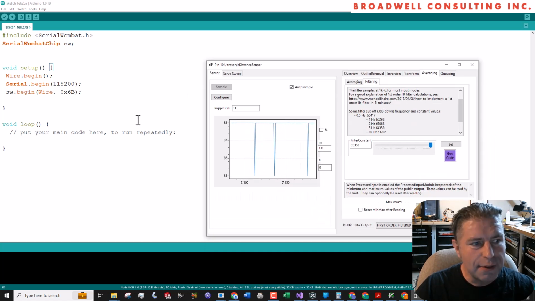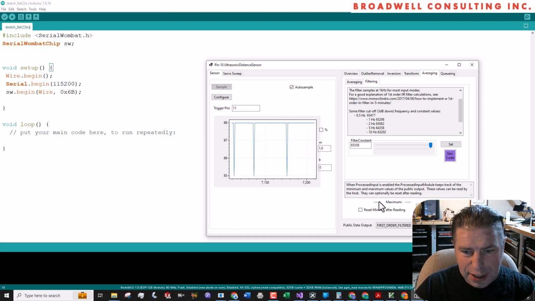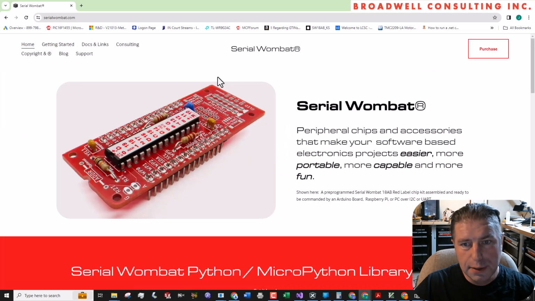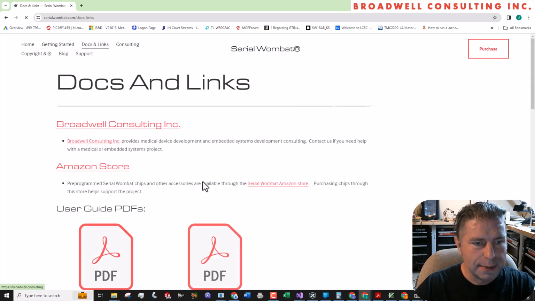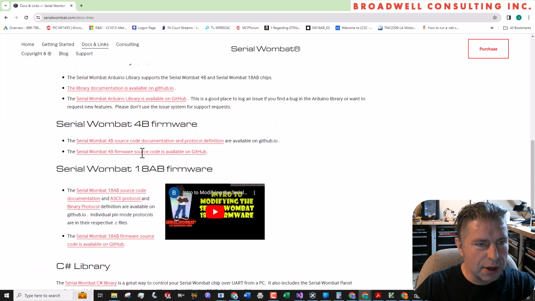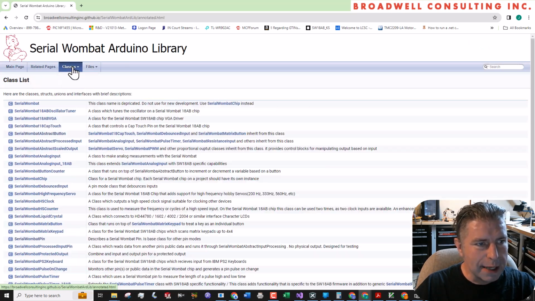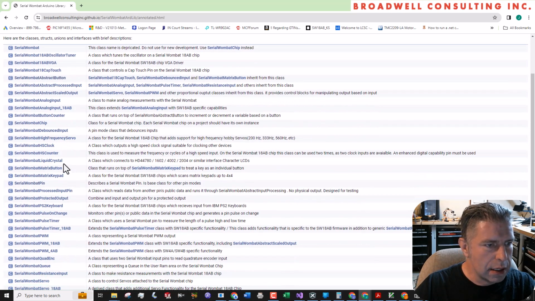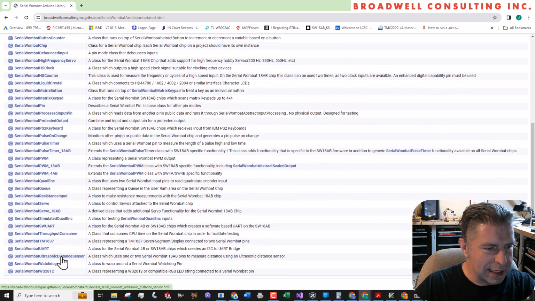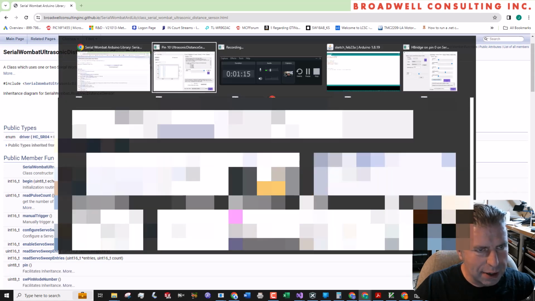And I don't yet have automatic code generation for the ultrasonic distance sensor, which is not a huge problem, because if you go to serialwombat.com, go to docs and links, we can come down here and go to the Arduino library. I'll go to my class list and pick the ultrasonic distance sensor. And what do I have to do? Okay, I got to declare